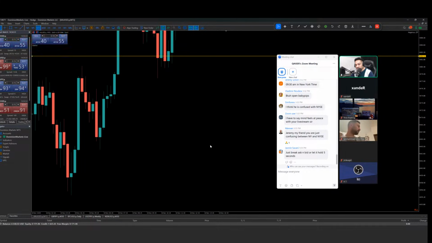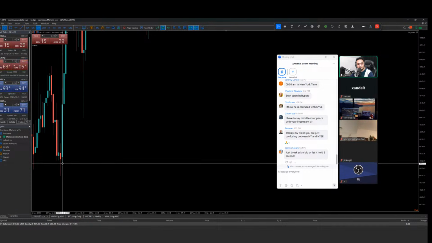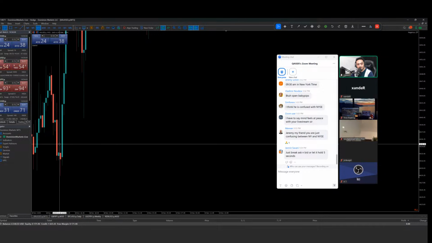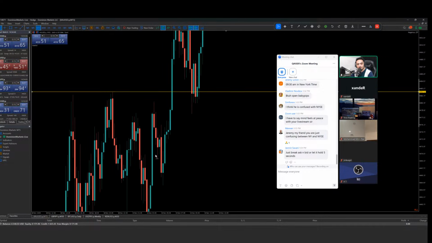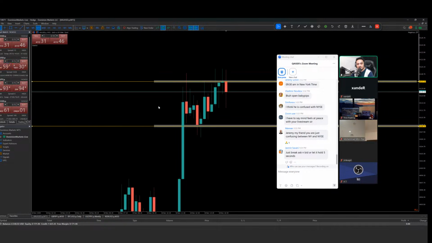It happened somewhere here. Yeah, this one. This candle broke and closed below the support. This candle created a wick, did not break the low but broke the high, and then it continuously pushed upside with the opening of NY. Look at this one. The same thing might happen here, but let's see.